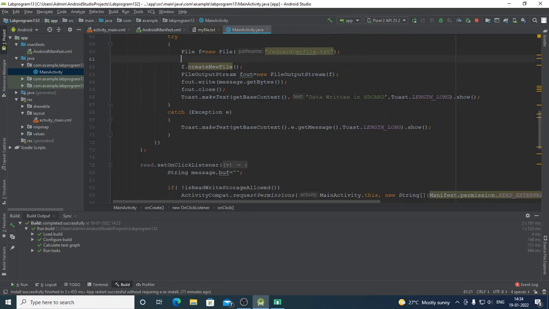Next, with file objects you cannot read or write directly, you have input and output streams associated with them, right? So whenever you want to write data, you will have an output stream associated with that. The data whatever you are writing through your program will go to the output stream, and from the output stream it will be written to the file, right? So you have to create a FileOutputStream object, linked with this file object.